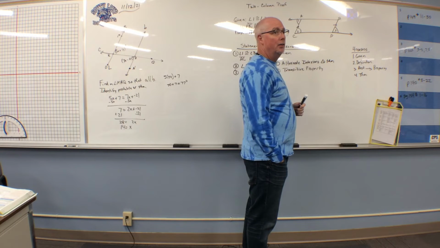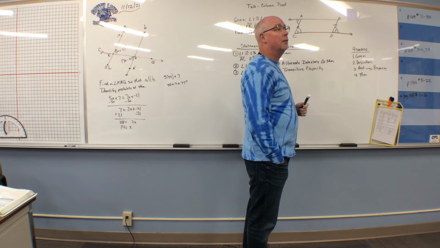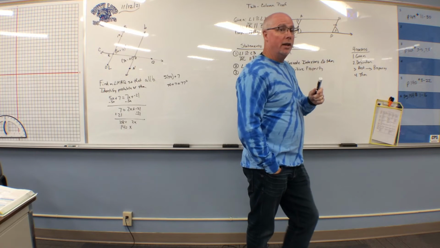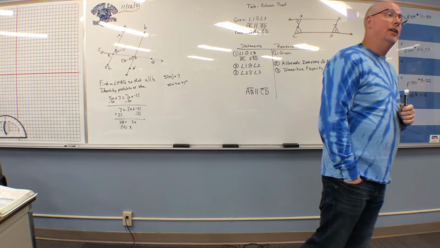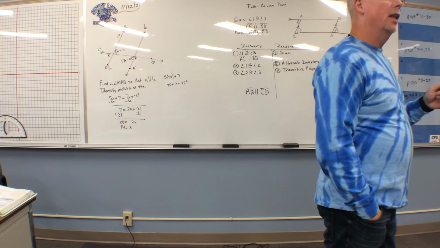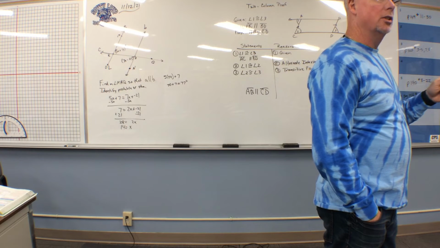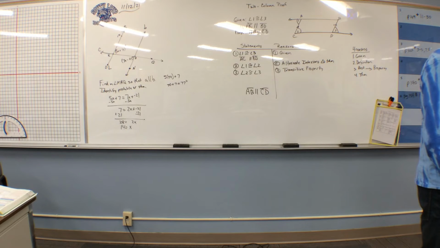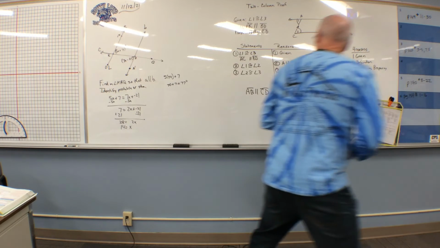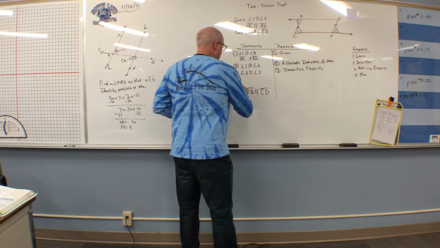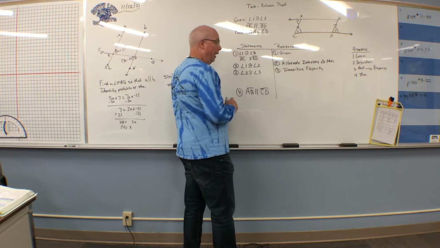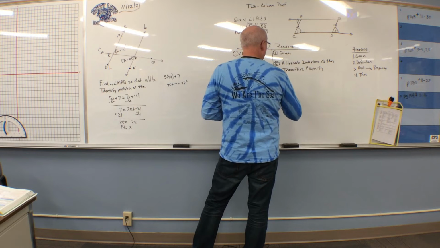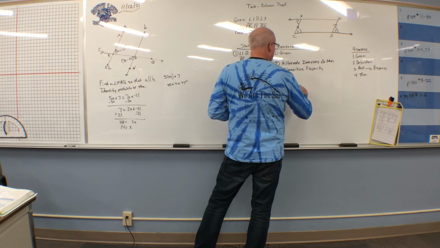They're congruent. No, they're parallel. Remember yesterday, the converse of the corresponding angles postulate says, if lines are cut by a transversal such that the corresponding angles are congruent, then the two lines are parallel. So therefore, this is number 4. Why? Because of the converse